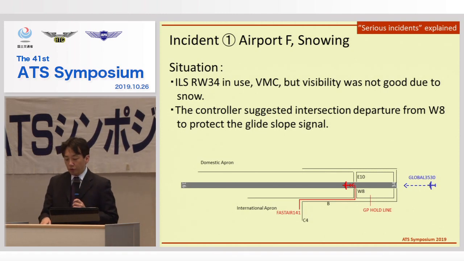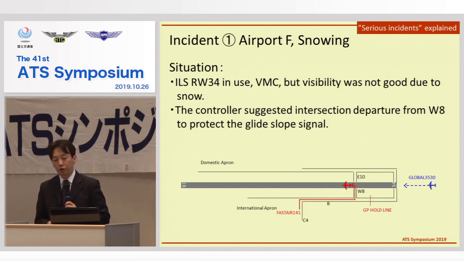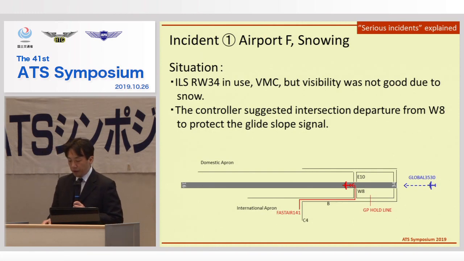And in this presentation, the call signs of aircraft which mistakenly perceive the controller's instruction are modified to First Air call signs, which do not exist in the real world, and they are shown in red. The traffic which was affected by the erroneous behavior of First Air is modified to Global call signs, and they are shown in green or blue. Also, the call signs of controllers are modified to Yamato Tower and Yamato Ground, respectively.